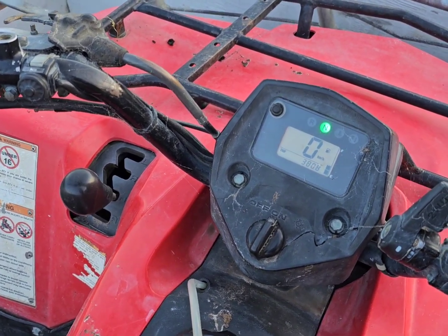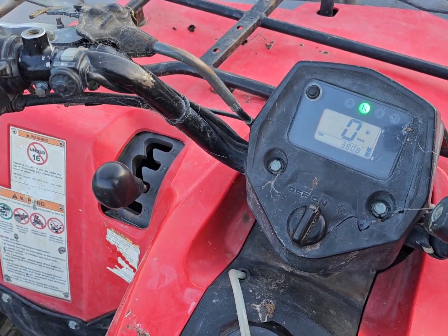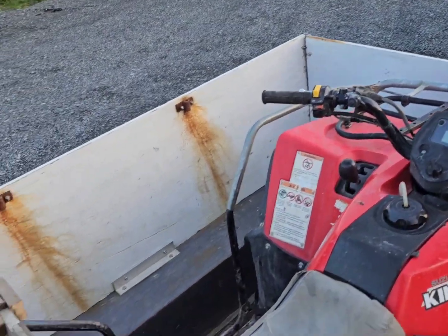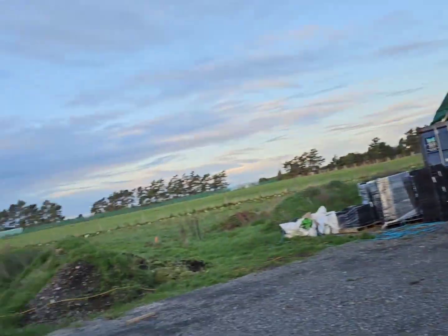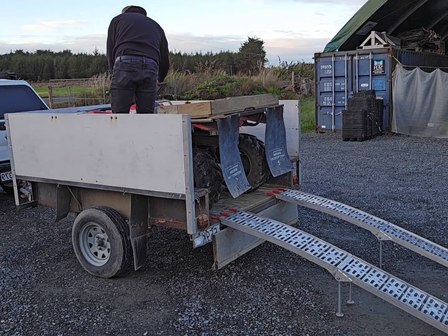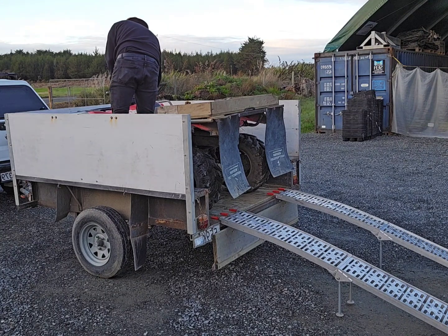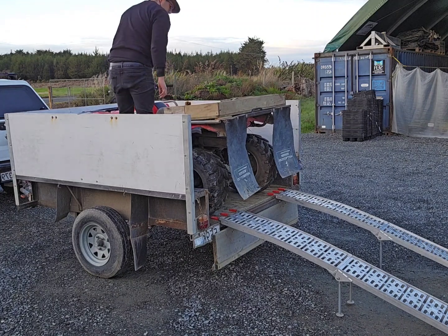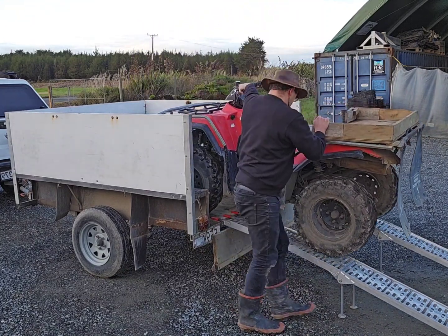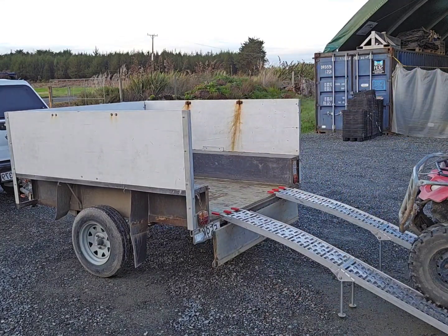It's done, it's on the trip meter, so I've no idea how to turn it off, how to get it off the trip meter, but anyway, it's done from memory about 40,000 k's, so it's certainly getting up there. So yeah, give that a start again, and we'll see if that runs. Happy days, looking good. So yeah, keep that running for a little bit longer, but probably time we got looking for something with a few less Ks on it,